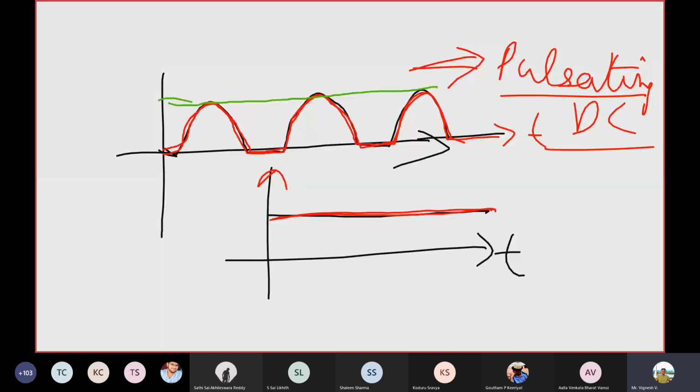In today's class, we'll look at a full wave rectifier. But before that, it's very important, in circuit design, it does not matter which circuit you're designing, the first thing which should come to your mind is, what are the parameters associated with the circuit? How would you say if your circuit is good or bad? On what basis? In layman terms, you can identify if the circuit is good or bad, first you do the circuit on paper.